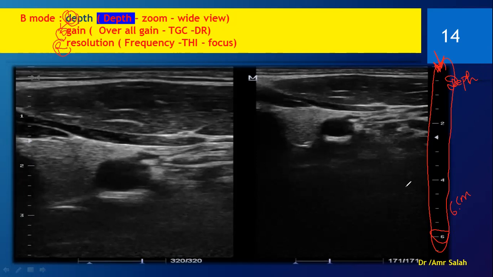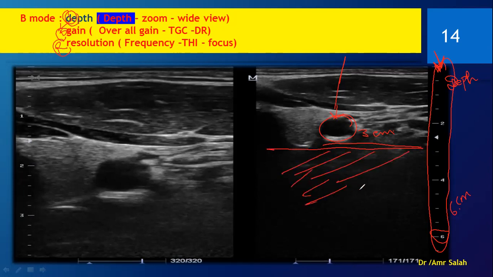And the object of our interest is, let's say, the carotid or the thyroid. The carotid is around 3 centimeters deep. Now, if I stick a needle in the patient's neck, hypothetically 3 centimeters deep, I'd be in his carotid. Okay, so the carotid, the object of our interest, is in this part of the image, whilst all of this is without use. Now, would you describe this as a good picture, as a good image?